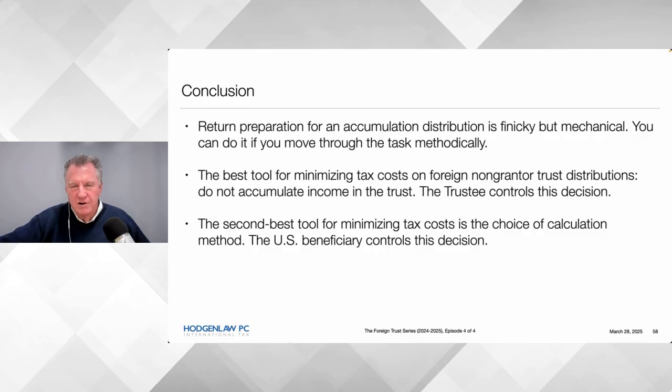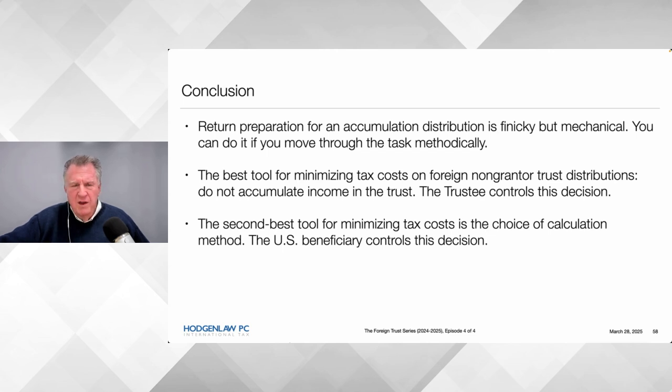So you need to talk to them because they simply may not keep the data necessary to do these tax calculations, because it's unimportant in their jurisdiction, or they're used to dealing with people who are not U.S. beneficiaries. But to the maximum extent you can, you work on the trustee to get the foreign non-grantor trust beneficiary statement issued timely every year with the correct information so your beneficiary can prepare a tax return using the actual